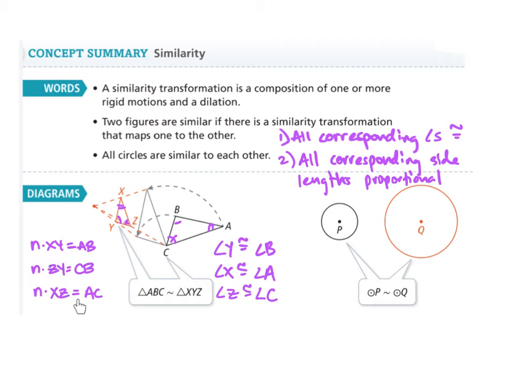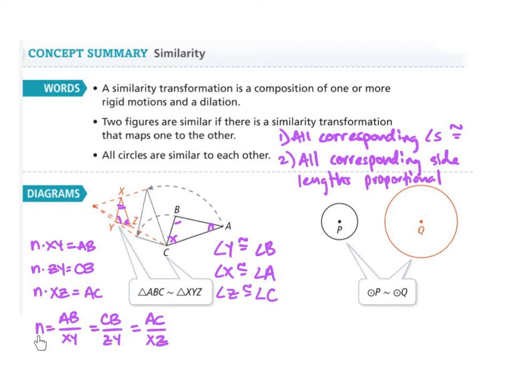And so that would take us to a new statement that we could make about these shapes and their side lengths. It would look like this. Since n would equal ab over xy, it would also equal cb over zy, and it would also equal ac over xz. And so every time we took that new side divided by the original side, right? The image side divided by the pre-image side, image side divided by pre-image side, image side divided by pre-image side,